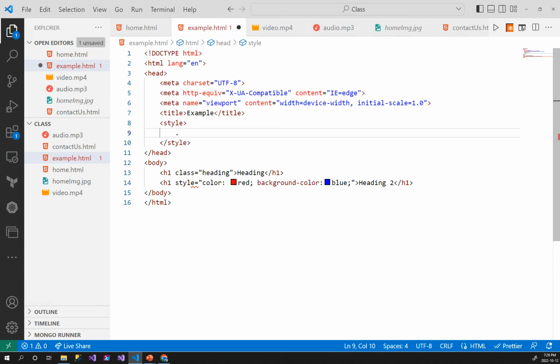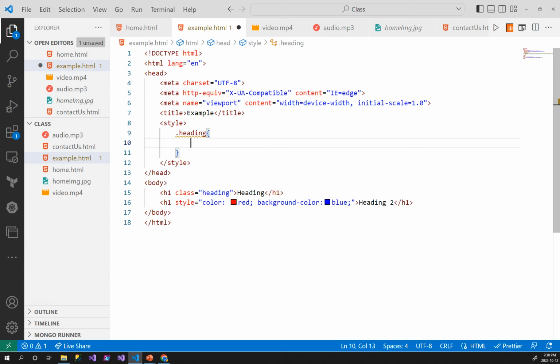we're writing in CSS. Okay, it's called cascading style sheets. This is a different language. So what we're telling the computer now is that everything that comes after the dot is going to be a class name. Okay, and the class name we want to write is heading. Now we have to put in the styles for heading. To do that we have to make a curly brace, and then another curly brace. Okay, and then inside of those curly braces,